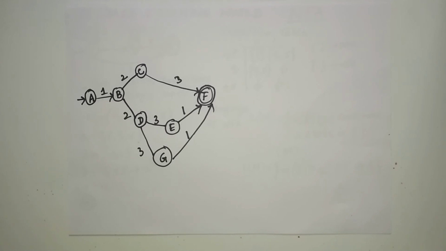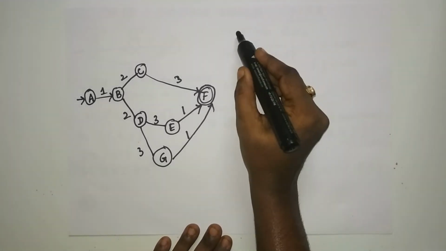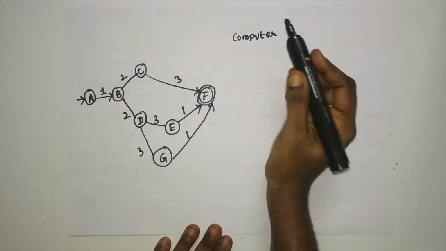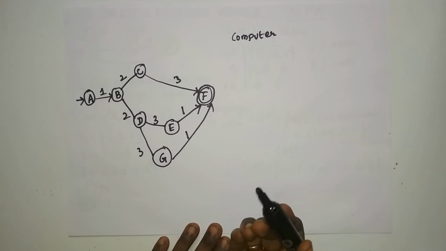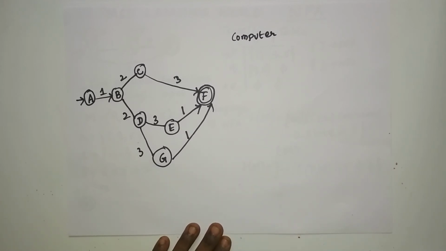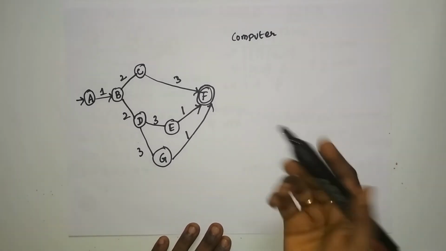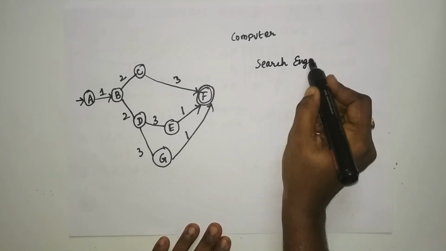Now let us take another example: search engines. You give a single keyword, suppose the keyword is computer. When you give computer as a keyword in your search engine, you may get several search results. So for a single input, computer, you are getting various outputs. The machine is non-deterministic, as you have to decide where to go for the next click. So search engines also come under non-deterministic finite automata.